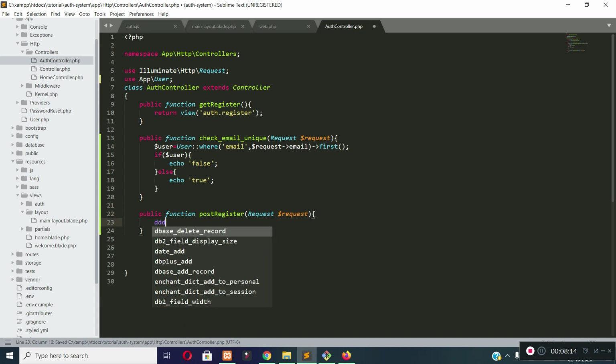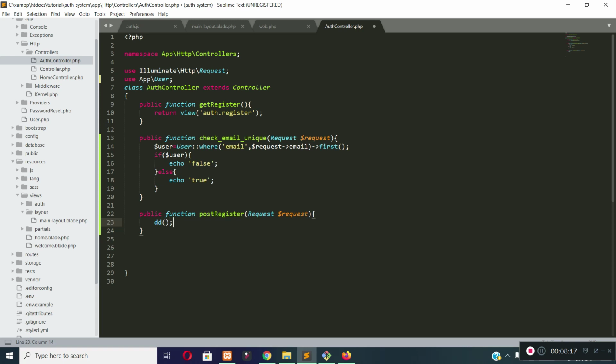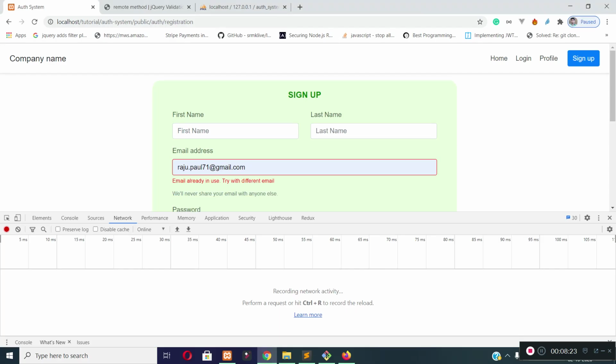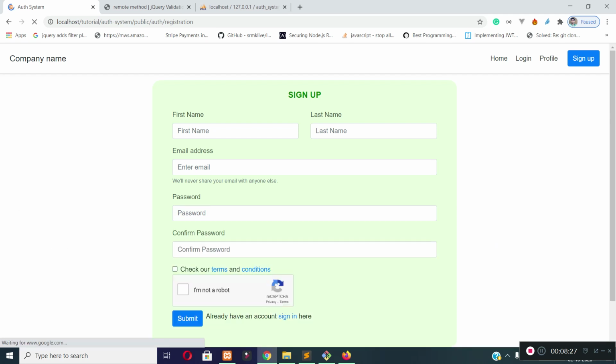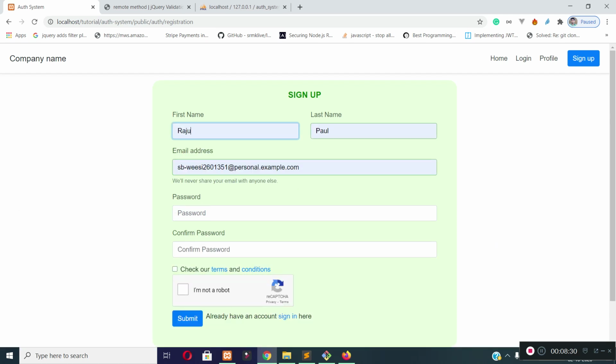For now, let's print a message called registered from this method. Now let's submit our registration form with correct values.